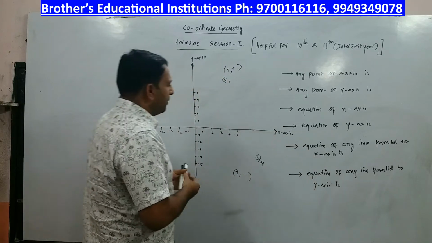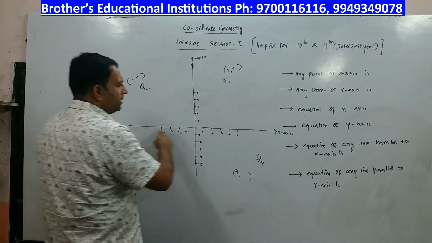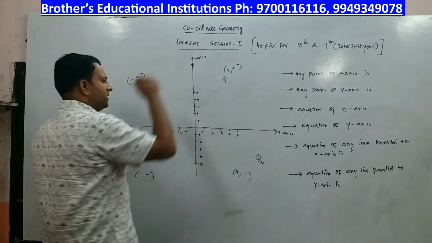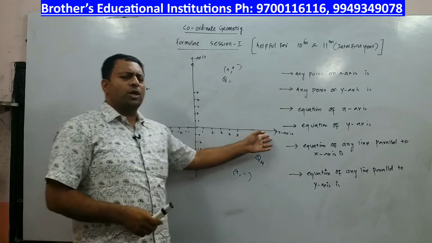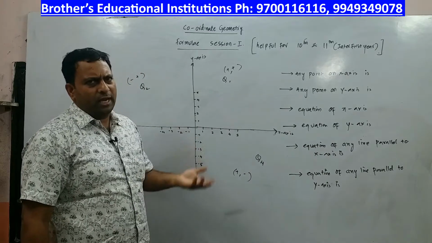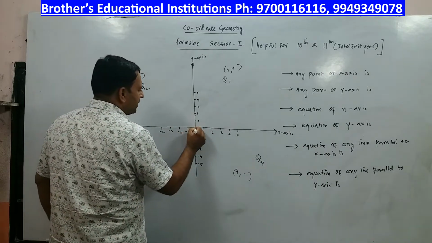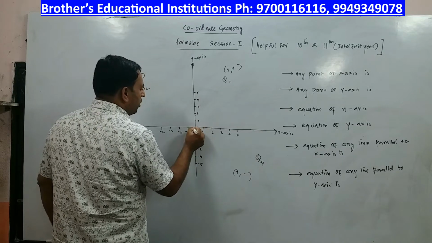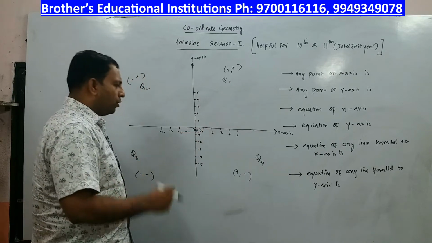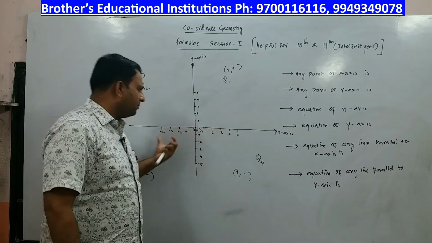Now you know that a plane is divided into 4 parts by an x-axis and y-axis. What is x-axis? Horizontal line of reference. What is y-axis? Vertical line of reference. And the point of intersection of x-axis and y-axis is otherwise called the origin, represented as (0, 0). Here, to make you understand, I have done equal markings.